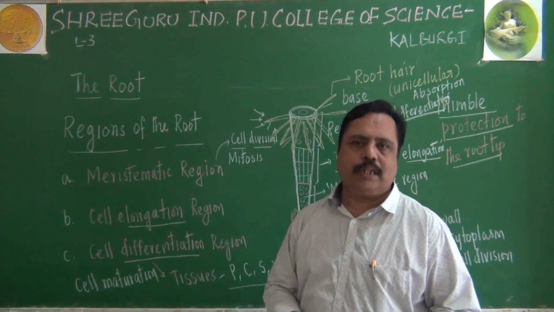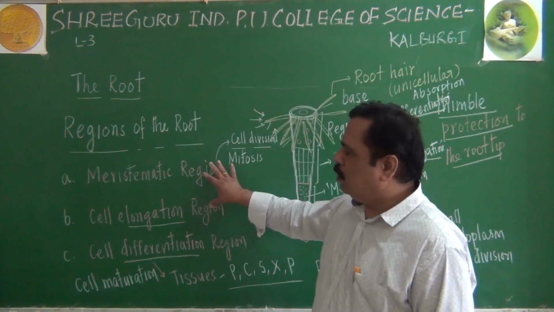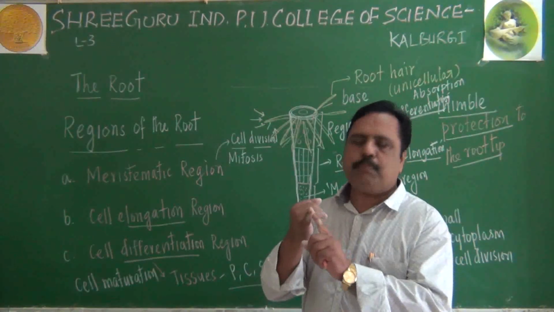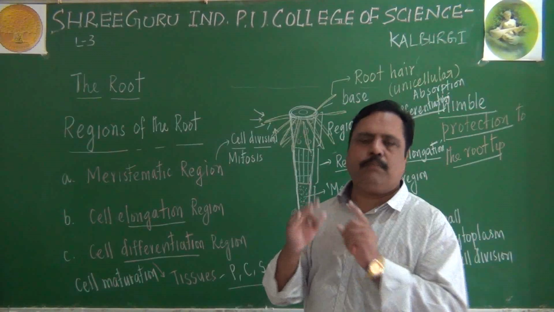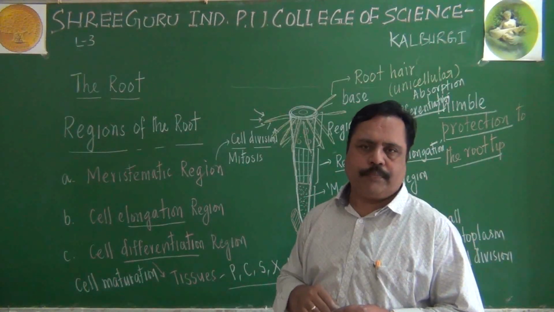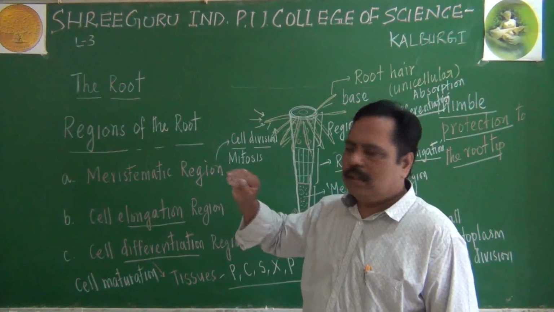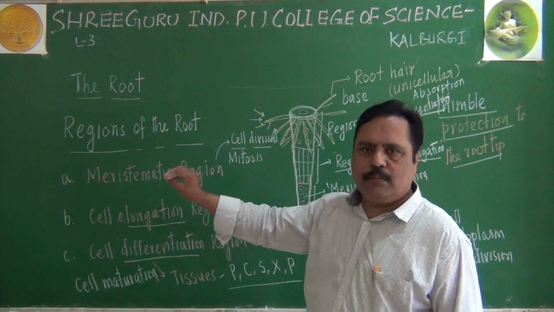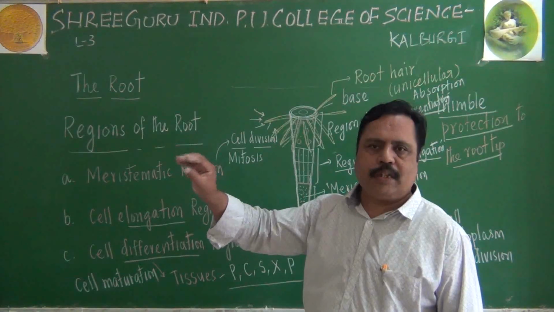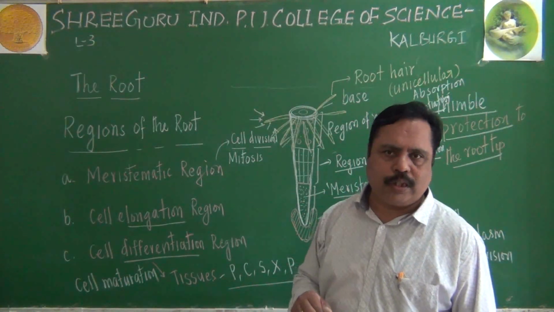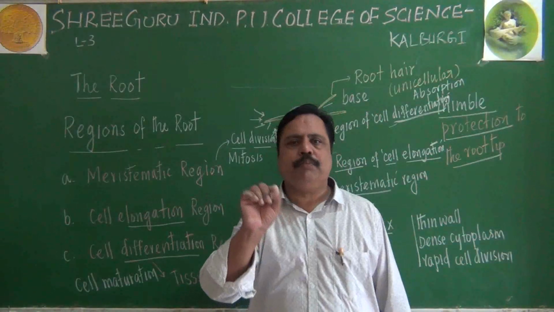So in today's class, I told you about 3 types of root system. Taproot system, fibrous root system, adventitious root system. Taproots are found in dicots. Fibrous roots are found in monocots. Adventitious roots are found in both cases. What is the speciality of adventitious root? They do not arise from the radicle.